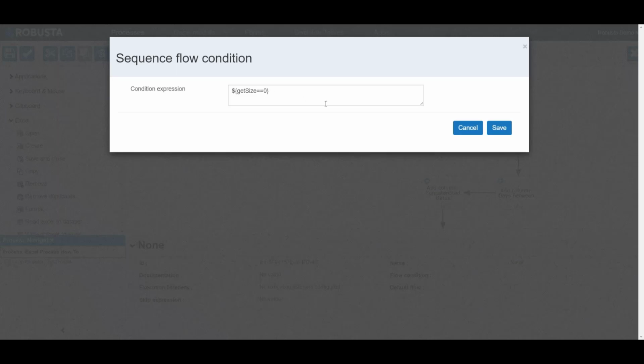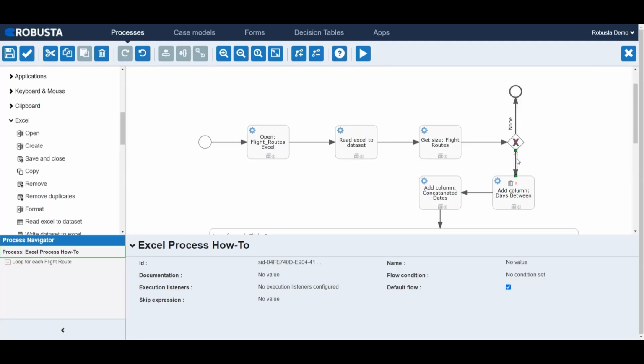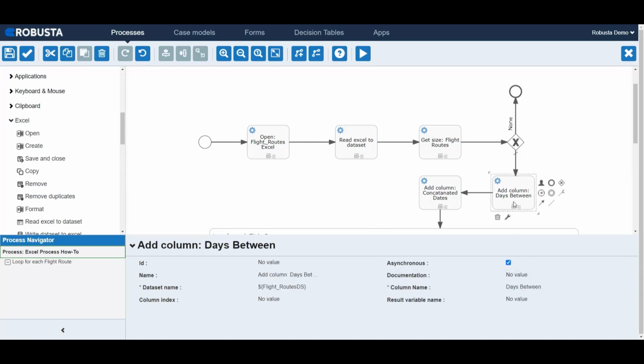At the second sequence flow, we chose the default flow option and did not set any condition expression. The process will continue from here if the first condition evaluates false, which means there is flight data in the Excel file. In case the flight data exists, we continued our process by adding two columns to the dataset with